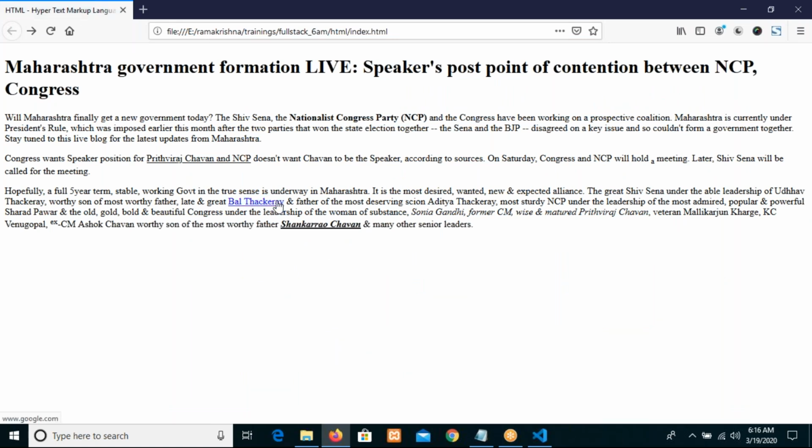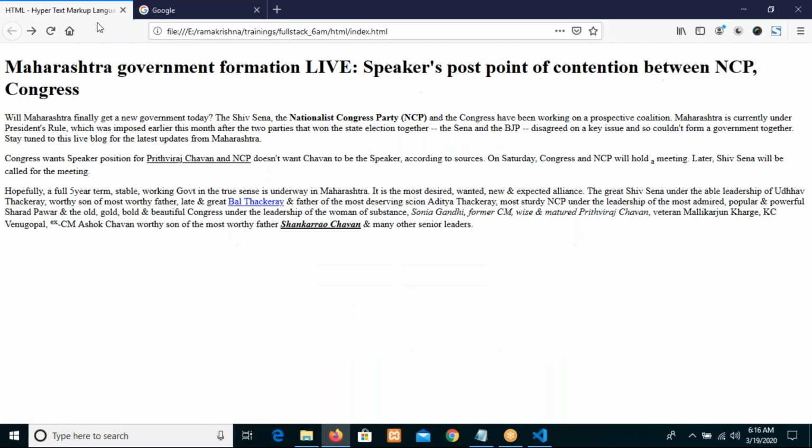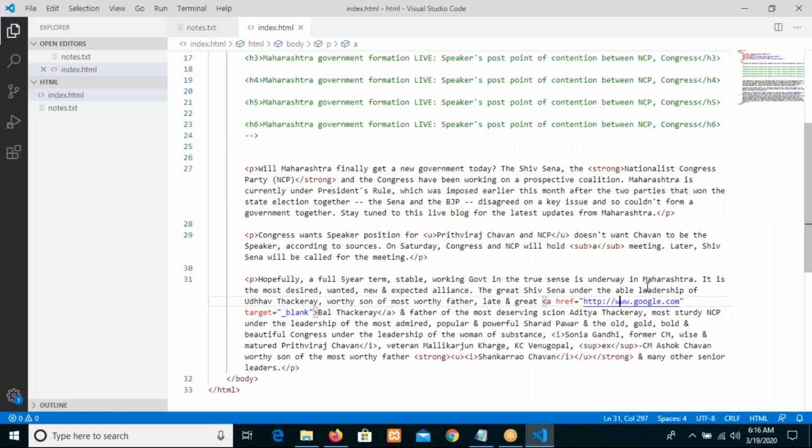Now when we click on it, it is opening in a new window, right? So we got clarity on how to create a link where the user clicks on a particular link and it opens some content. One thing, for example, if you missed http colon two slashes,